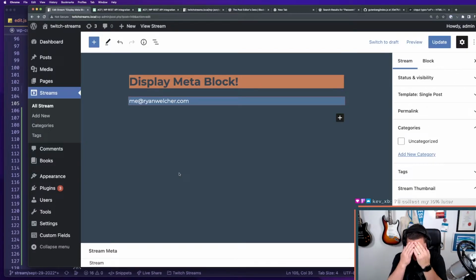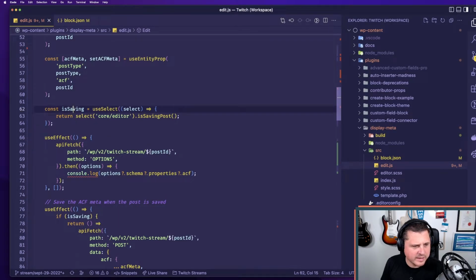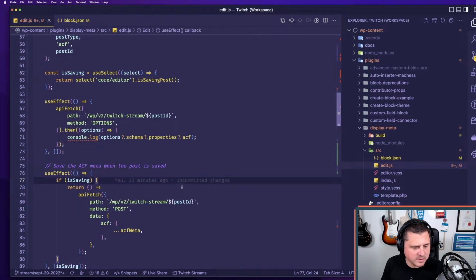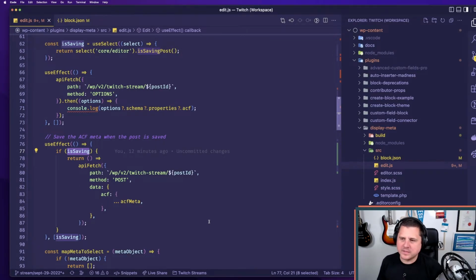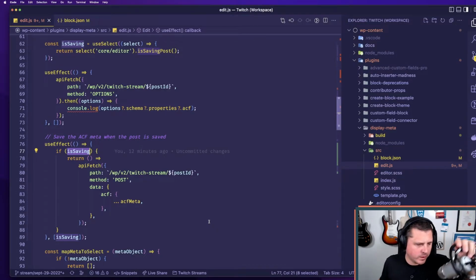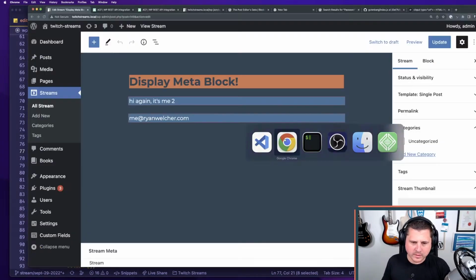Yeah, cool. So what's next? What would we do next? What would be helpful? So I still think I need to do something with this is saving. I don't want to actually run this unless it has changed. I'd like to understand maybe how we can look into an object or understand the sort of is dirty, like what